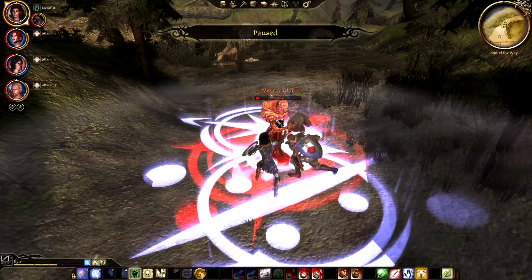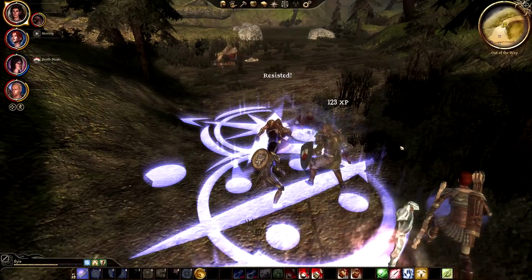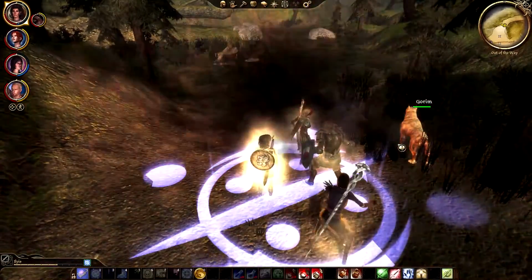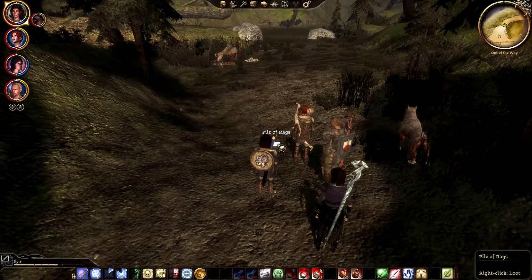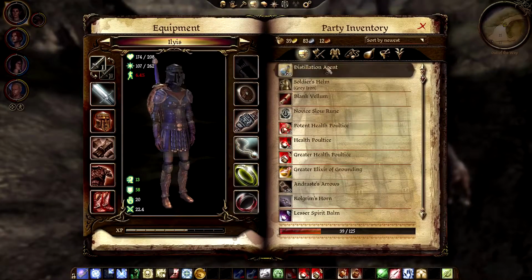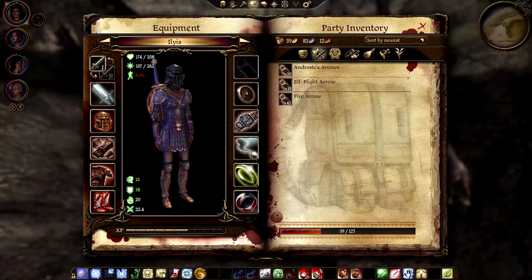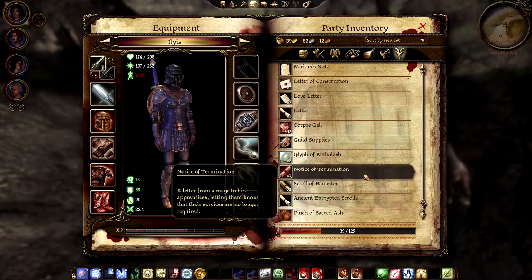Let's stone fist him. For me, it isn't gonna be me. It is done. Woo, nice. Ow. That hurts. Pile of rags. Feldspar ring. What is this? Nope, rings are here. Or not. Is that a